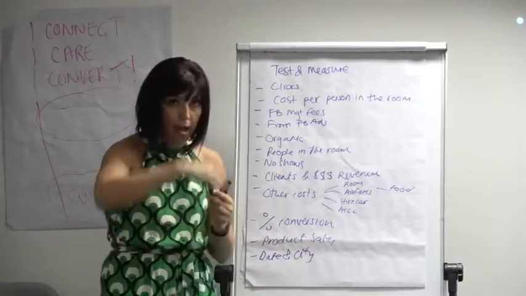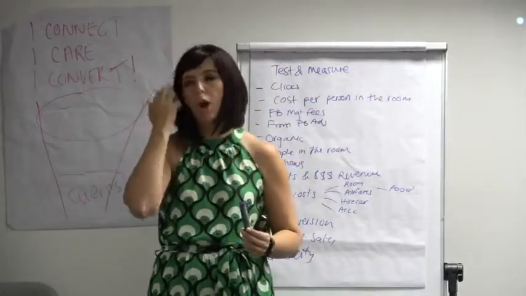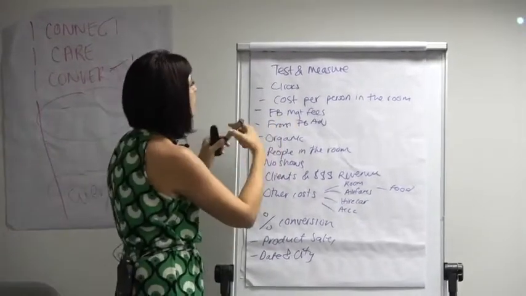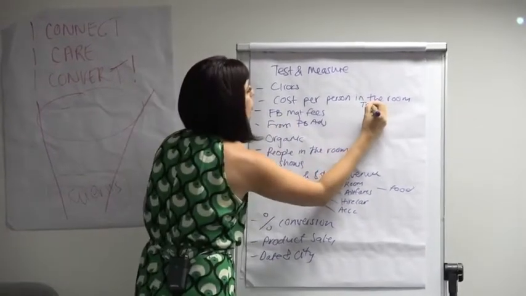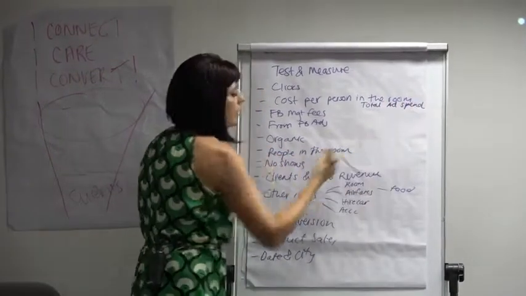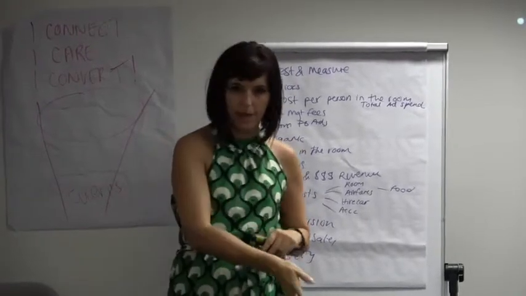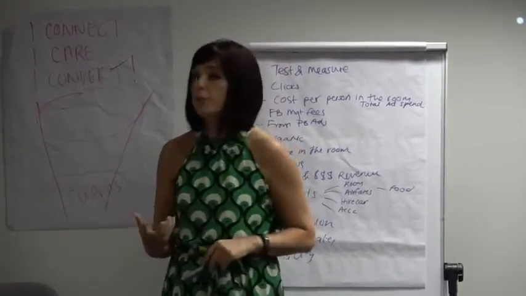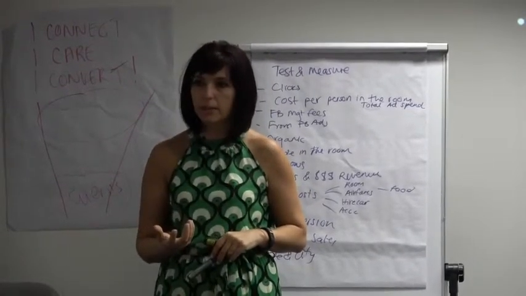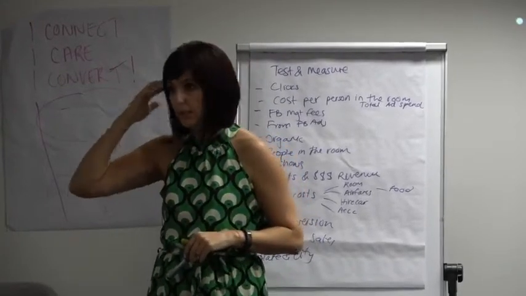And throughout the year, I have the whole year from top to bottom, and I work that way. And then populate the cost per person in the room, and also the total ad spend. Because then you can figure out how much for every dollar I'm putting in am I getting back, and what does it cost me to find a client? It costs me $2,000 to find a client. One client, right? And then you figure out the effort.